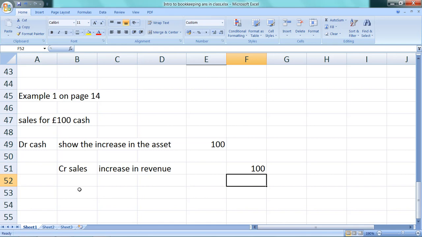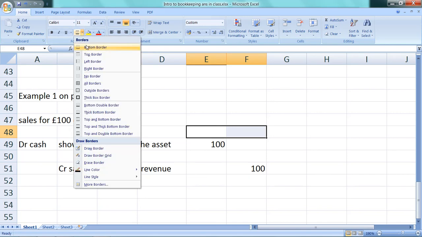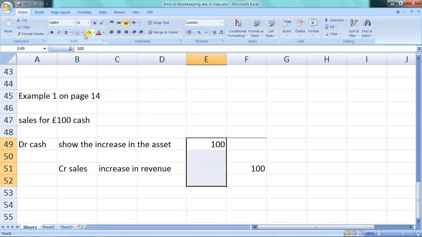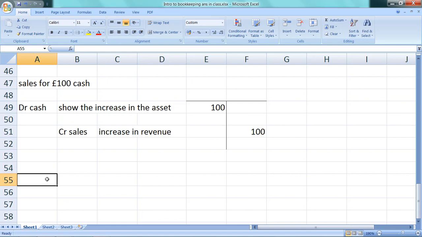Notice how this credit is indented. Because this credit is indented, what I could potentially do is superimpose over the top of this a T account, which shows that debits go on the left, credits go on the right. It's just one of the accounting conventions that we have. So you always indent credits just because that's the way we can superimpose a T account. Does that make sense to everybody so far? Yep? Cool. Second transaction. We've got a sale on credit for £150.